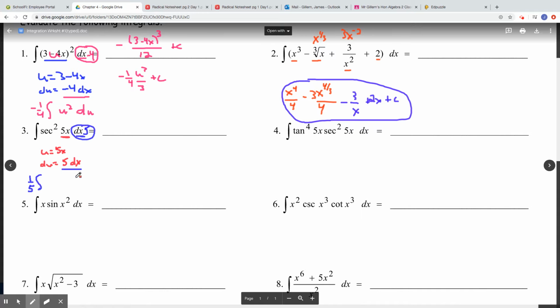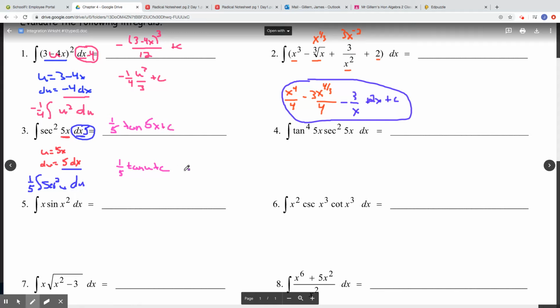This is my du, so that gets replaced with a du. Secant squared, but it's not x, this is u. So I now just integrate 1/5 integral of secant squared u, which is 1/5 the integral of secant squared. Which one of the trig functions, when you take the derivative of it, do you get secant squared? It is tangent. So it's 1/5 tangent u plus c. But what's my u? My u is 5x. So 1/5 tangent of 5x plus